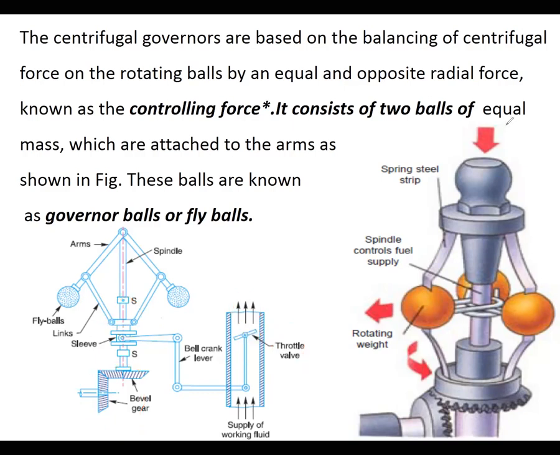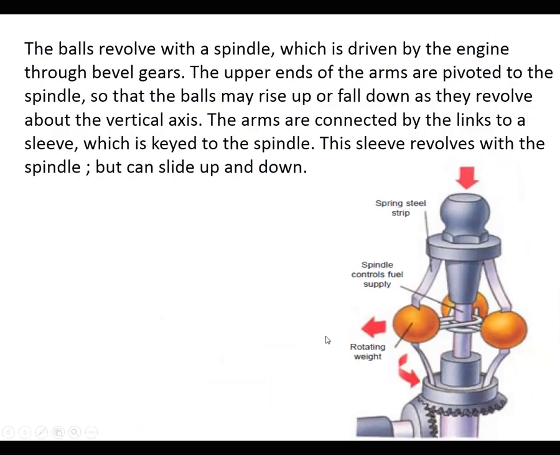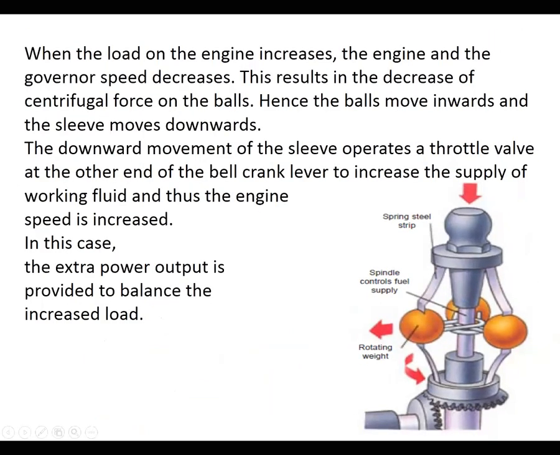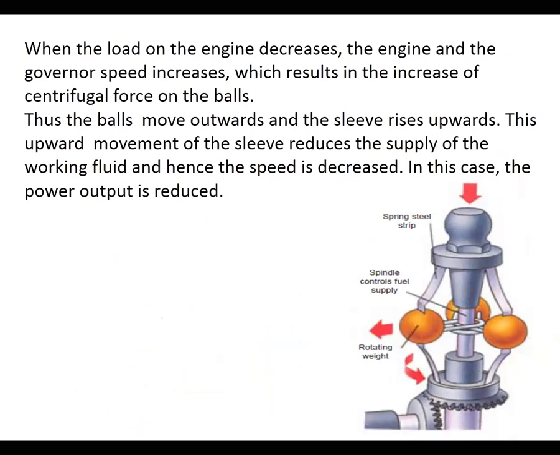That is the working principle of what? The working principle of a governor. Right, so this is about the governor. A governor is a device which is used for maintaining the mean speed of the engine. Whenever there is a no-load condition, the speed of the governor will increase, so that the fuel supply will be cut to reduce the engine speed. Whenever there is a load on the vehicle, the engine speed will reduce, and in order to increase the engine speed, the fuel supply is increased. So that is the one case, right?